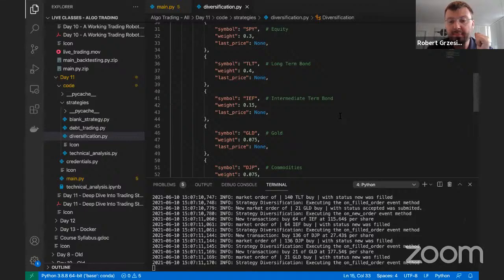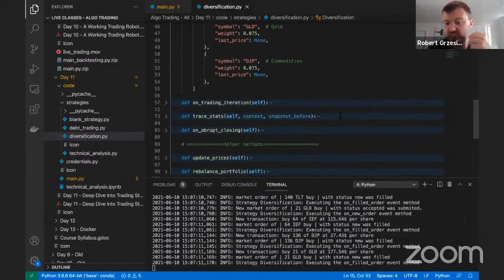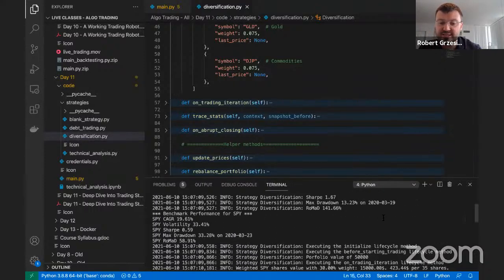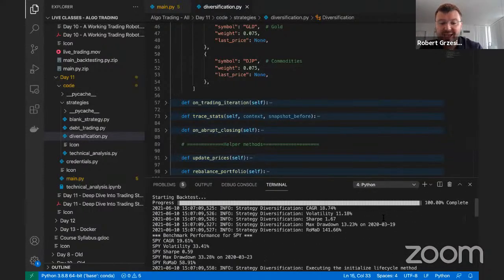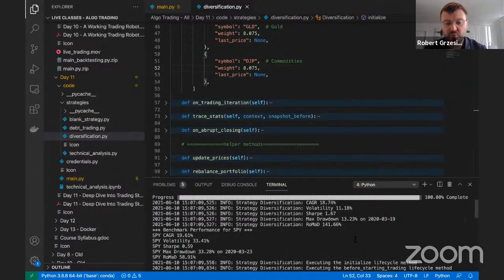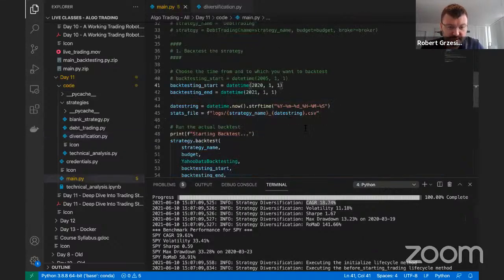So this strategy, like I said, is recommended by Ray Dalio, and the reason is that it is a very, very safe strategy to invest in, and it actually does quite well given the types of returns you get from it. Here we have the return from this strategy, where you would have gotten 18.7% over this time period, which I'll tell you what the time period was. It was from 2020,